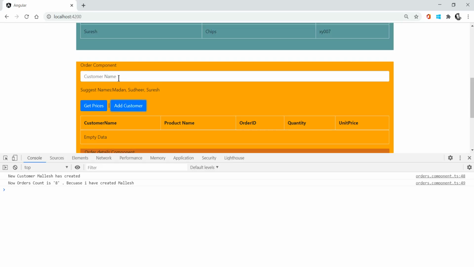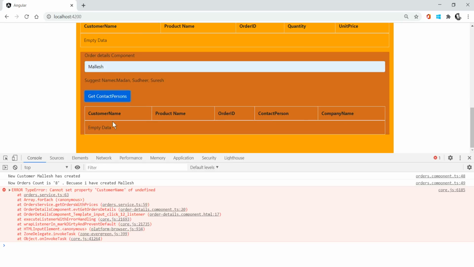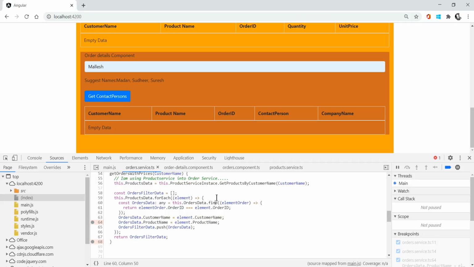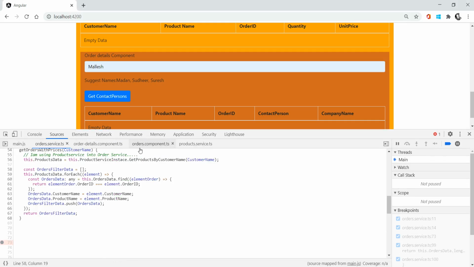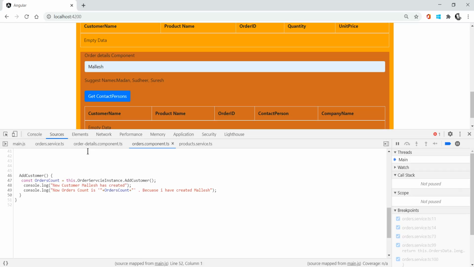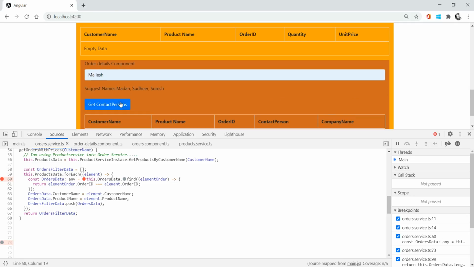Add customer, and once you click add customer, Malesh, you are getting the wrong data, because the customer name is not available at all. Before saving these files, let me show you what the values of the order service are. Once you come here, click on get contact person.